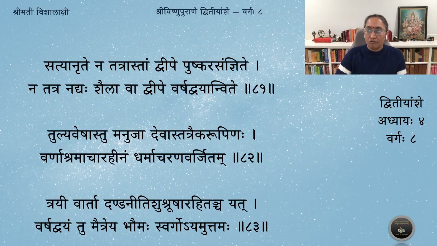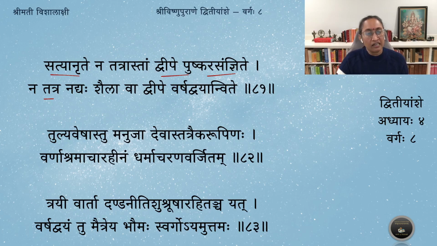ஒரு ஃப்ளிப் சைடு காமிச்சா தானே இன்னொரு சைடு தெரியும் இல்லையா? அதனால சத்தியம்ங்கிறது ஒன்று எல்லாமே சத்தியமாக இருக்கும் பொழுது, when everything else is satyaswarupa, there is no concept of anritam there at all. So you don't need to specify that it is satyam or it is anritam. So that concept itself is absent in this Pushkara Dvipa. Pushkara Samgite Dvipe, in the island which is named Pushkara, Satya Anrite Tatra na astam. Concept of truth or untruth.